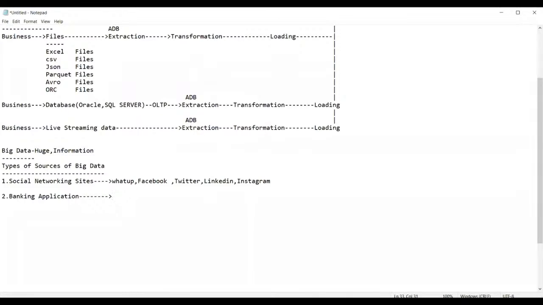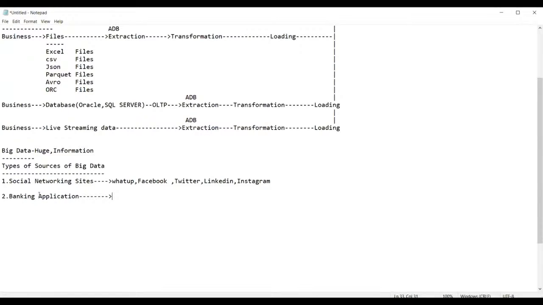Suppose you go to a bank and get an entry done. In your passbook, you have made some entries: some cash withdrawal entry, some deposit entry, some online transfer entry, some purchase entries. That means you have done some transactions. But in this passbook, you have made only 3 transactions, yet it will give you 7 to 8 lines. It will print the balance, and the deduction after the debit balance. So banking data is considered a massive or huge amount of data across the globe. Getting my point? So we can get big data from banking applications.